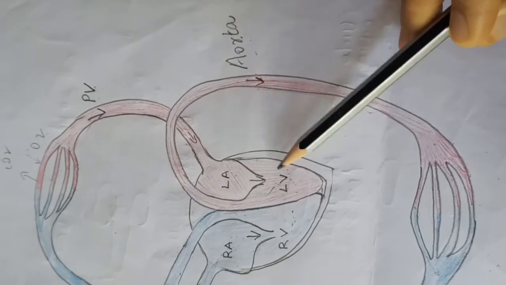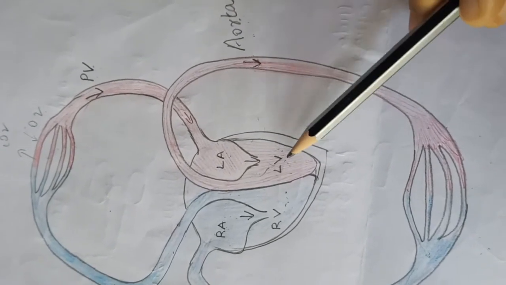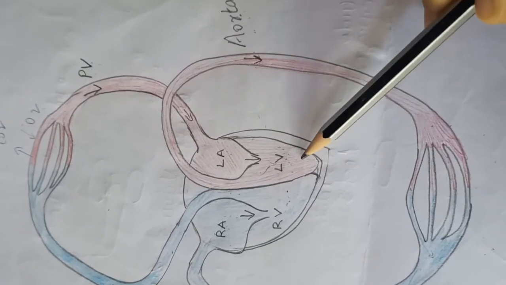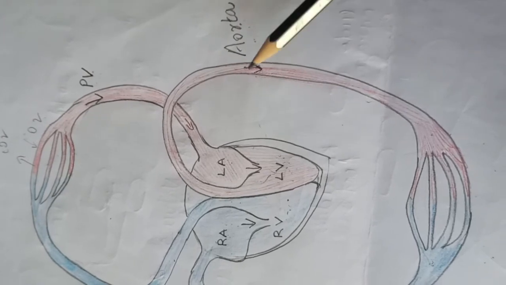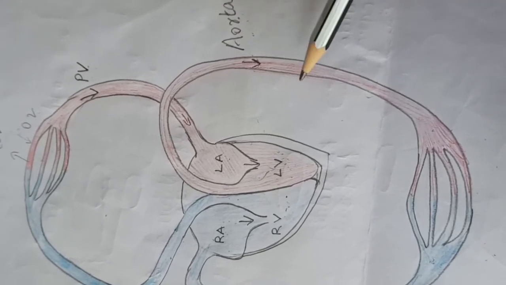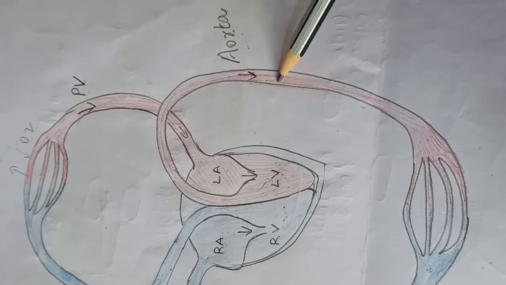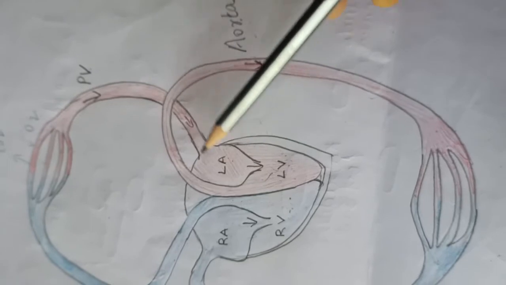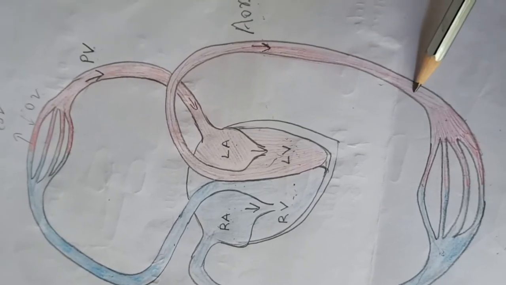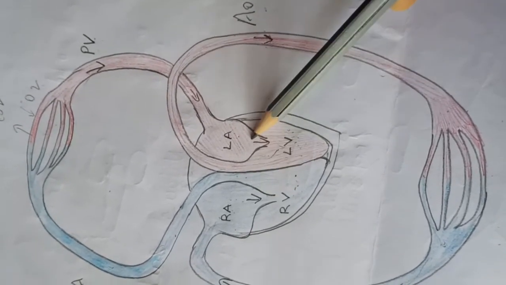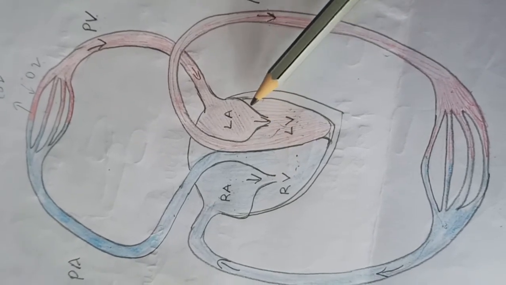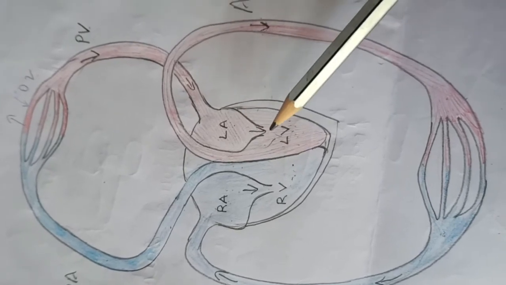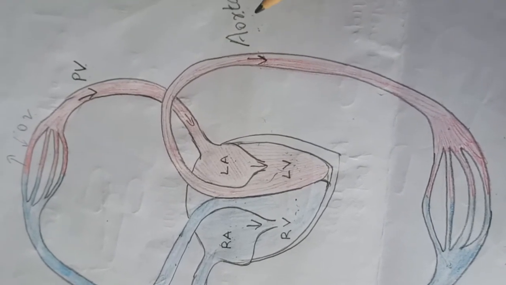And it flows at high pressure, because from the left ventricle the blood is pumped through the aorta, and the aorta is a thick blood vessel, so the blood will flow at a high pressure. Okay, and there are 4 valves here in the heart that you will study in higher class. There will be 4 valves, one for each chamber.